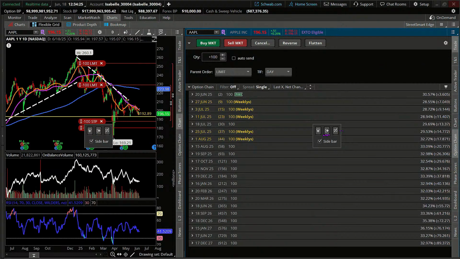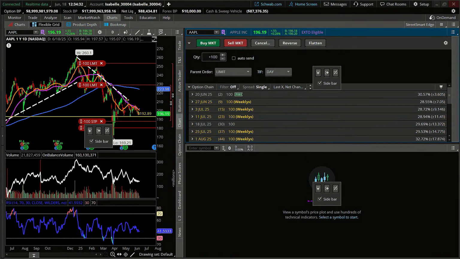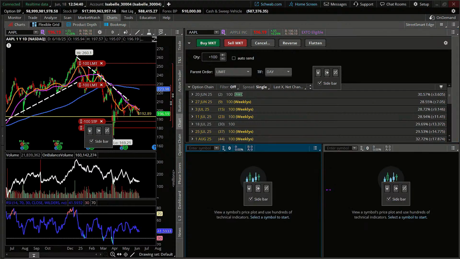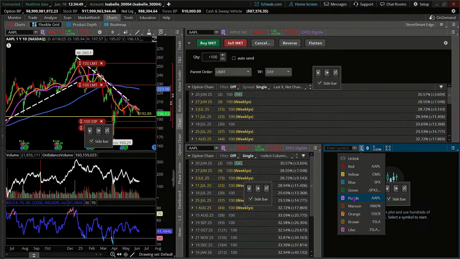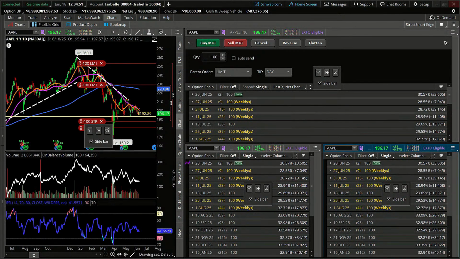So anytime you see this box, know that we can play with it. Click the next box. Now I've got a build below it. Do I want to split this one in two so they're side by side beneath my order entry, beneath my option chain, like so? Now I've got two side by side. Okay. And let's go ahead and just, again, put in these color schemes. Here we go. So my linkage is all proper.